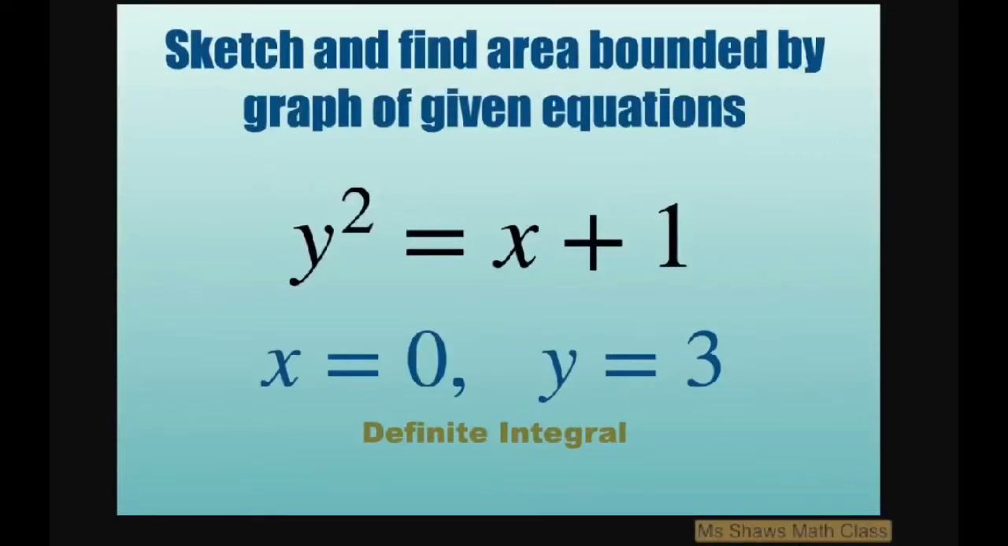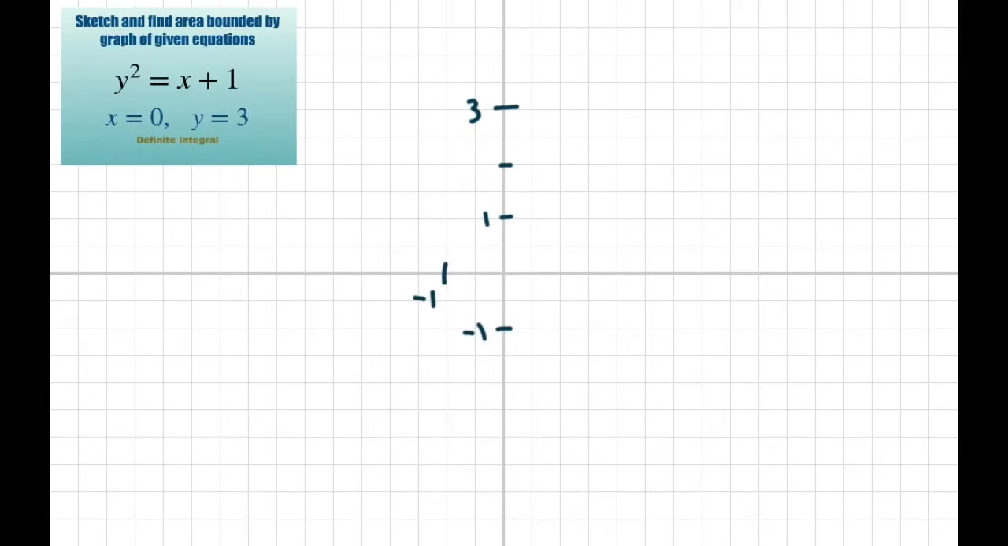Hi everyone, we're going to sketch and find the area bounded by the graph of the given equations y squared equals x plus 1, and x equals 0, and y equals 3. So for this sketch, we're going to look at, let's see, this is a parabola that opens up to the right where your